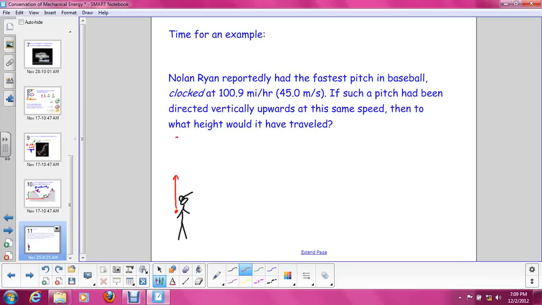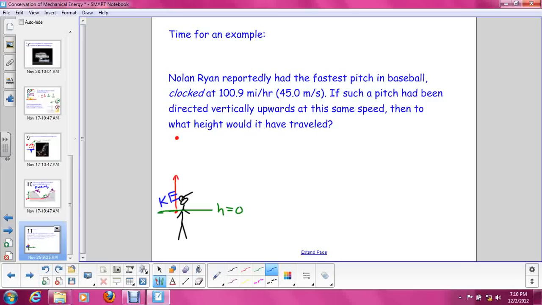So if the ball travels up, if we go ahead and say the point at which the ball leaves his hand is a height of 0, what kind of energy must the ball have at this point? Well, if it's at the 0 height, it doesn't have any gravitational potential. There might be some elastic potential here in his muscles, but we're going to say that it's pretty close to 0. So the only kind of energy at this point is kinetic. The ball is moving, all of the energy within that system is kinetic energy.